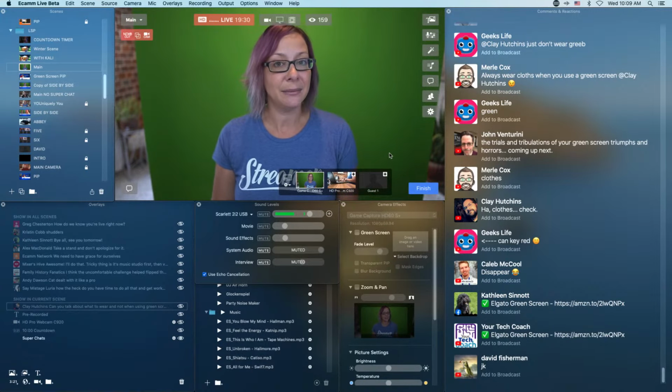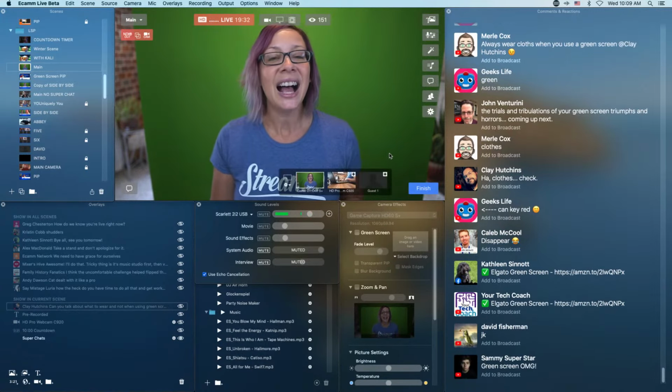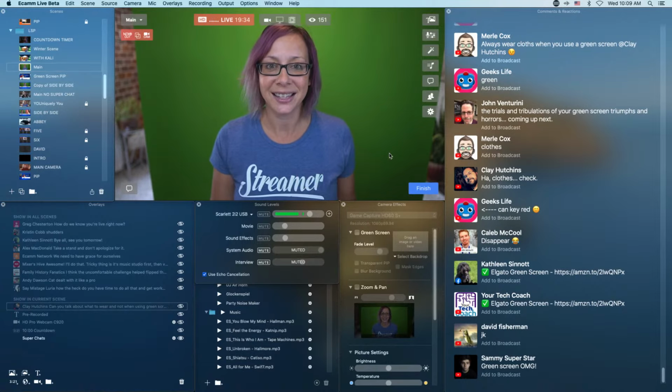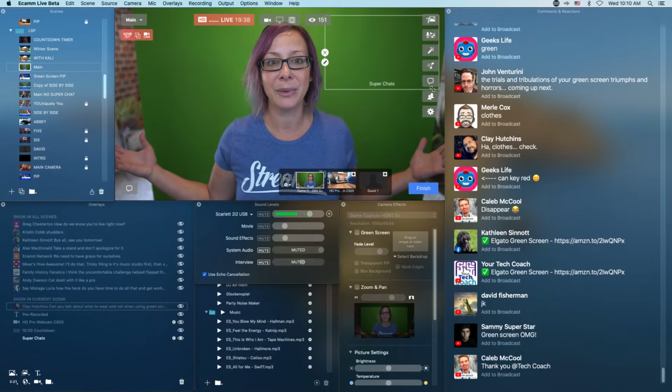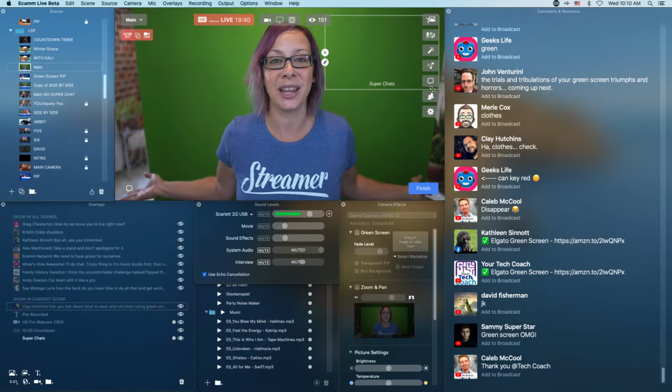So I'm using Ecamm Live for this demo. Most softwares have this capability. And so you'll see, I'm using a 16mm lens. This green screen isn't even wide enough to cover the whole thing. So I'm going to have to zoom in my entire shot to accommodate for that. And that's a key thing to remember. If you want to do green screen, and if you want to spend the time to light it well and do it right,